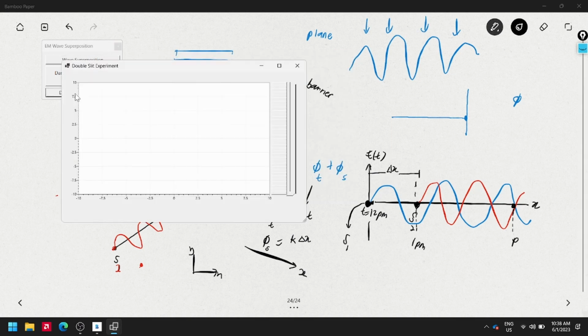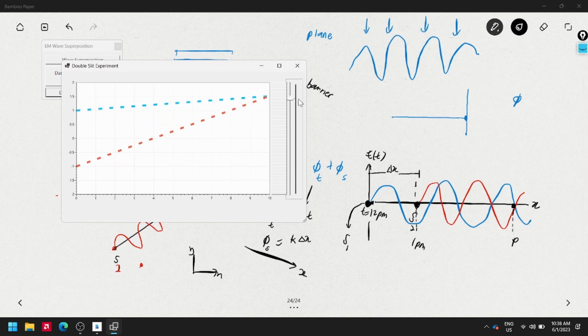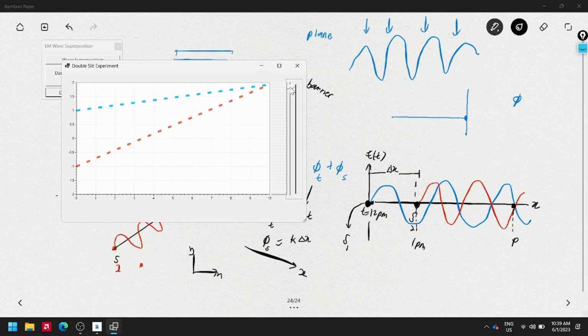And then let's go back to this one. If you cannot remember the reason why you have the fringes, you just put your hand like this, and it is basically the same as this one. Just do this and then you will remember that. So now let's do the experiment here. Over here, does the maximum of my blue light meet with the maximum of my red light? No, okay. So we'll just leave it as it is.